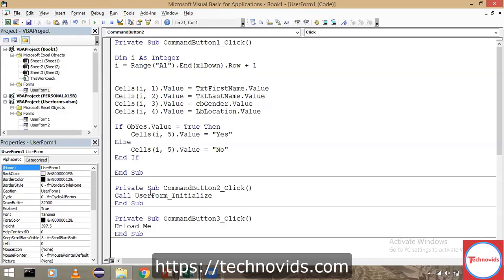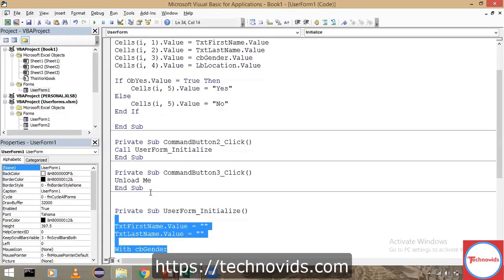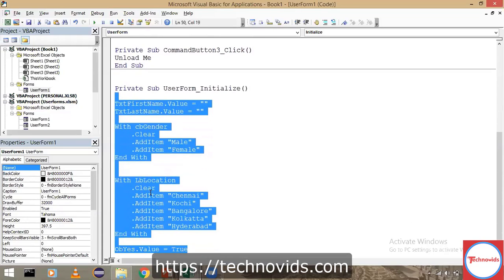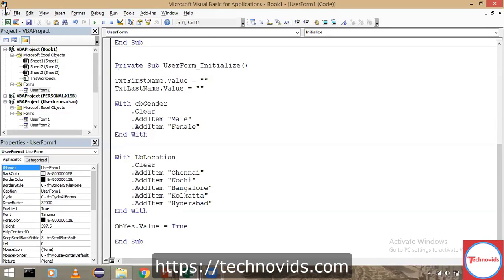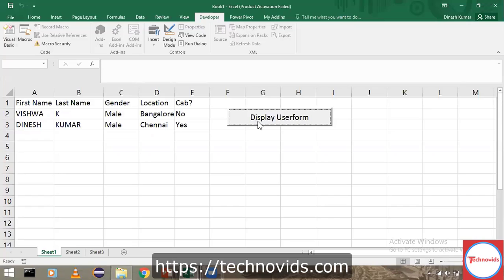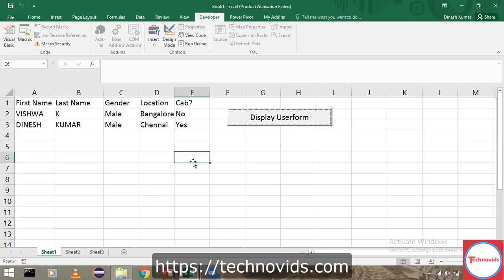The second button where you clear it, there you are calling a default function which is already present within the user form called UserForm_Initialize, and you call that initialize function here and start giving the initialization part. That is adding the values to the text boxes, combo boxes, or whatever it is. You just add it, and your empty user form is ready with this initialization part. Once you're done with that, you can create a button and say UserForm.Show. Then it'll display the user form as such. Perfect. That's how user forms work.